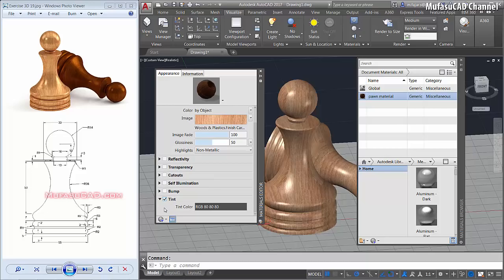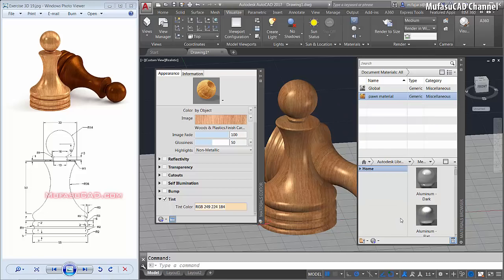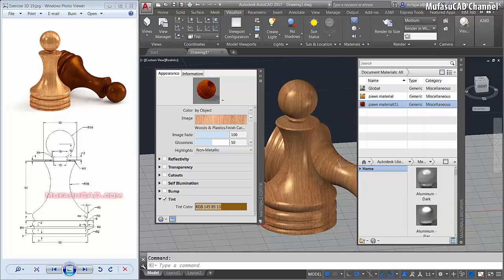Activate tint here. Effect, I will change the colors into these colors and move to this point. Okay, I will duplicate this material, and then I will change this material with a tint color into this color. Okay, and apply it to this object.